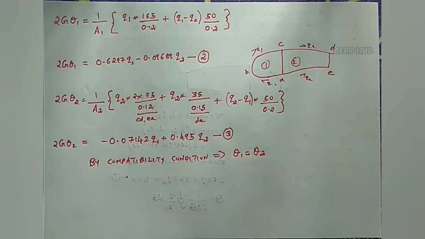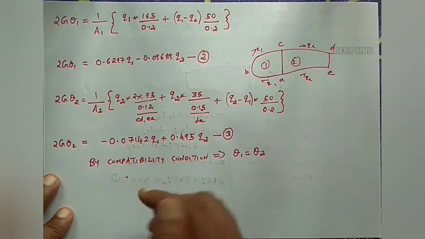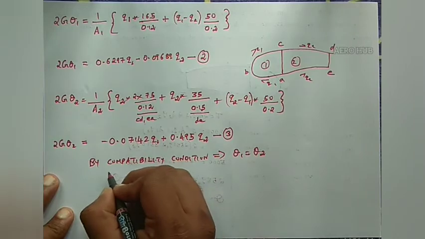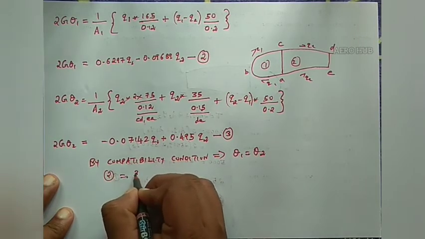If θ1 and θ2 are different, what happens? There will be problems in your shear flow, as well as there will be twisting of the wing. Okay, so to make a rigid body analysis of an airframe structure or a thin wall structure, we'll assume twist continuity. That is, θ1 should be equal to θ2. And if you have 3 cells, θ1, θ2, θ3 should always be equal. Okay, now I can write equation 1 is equal to equation 2 is equal to equation 3. That is, equation 2 will be equal to equation 3.